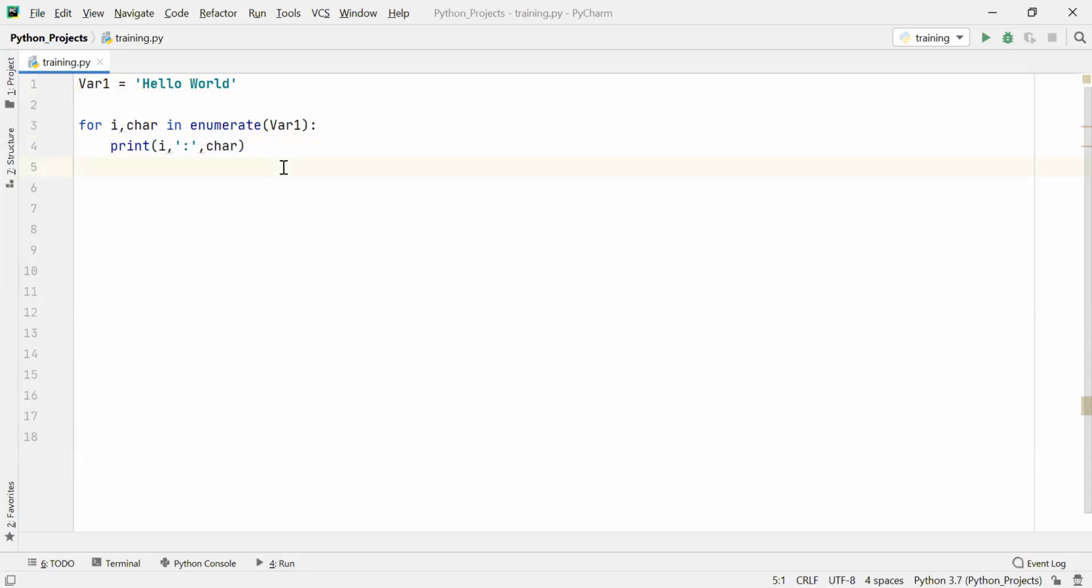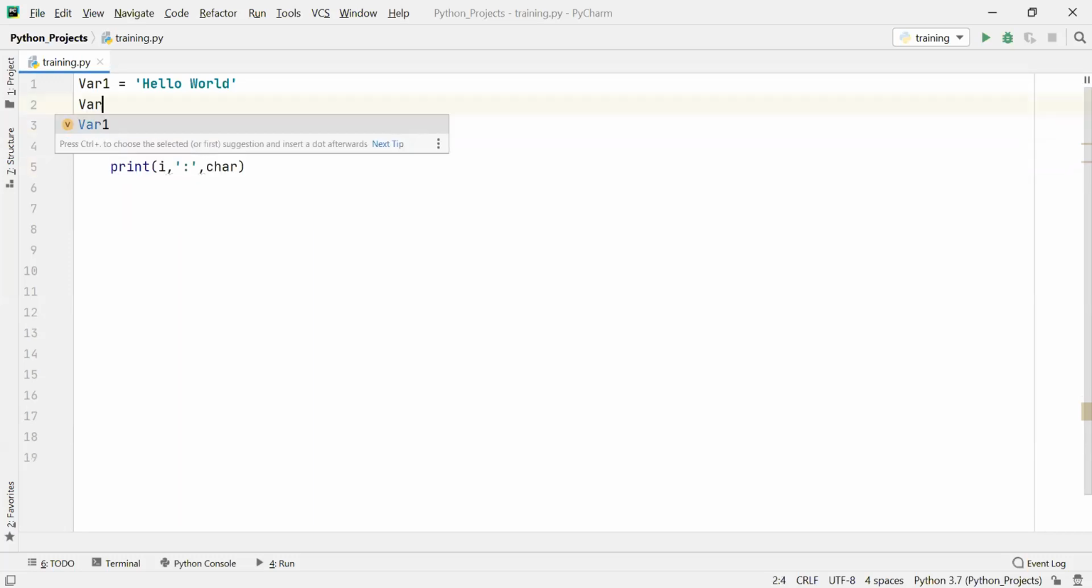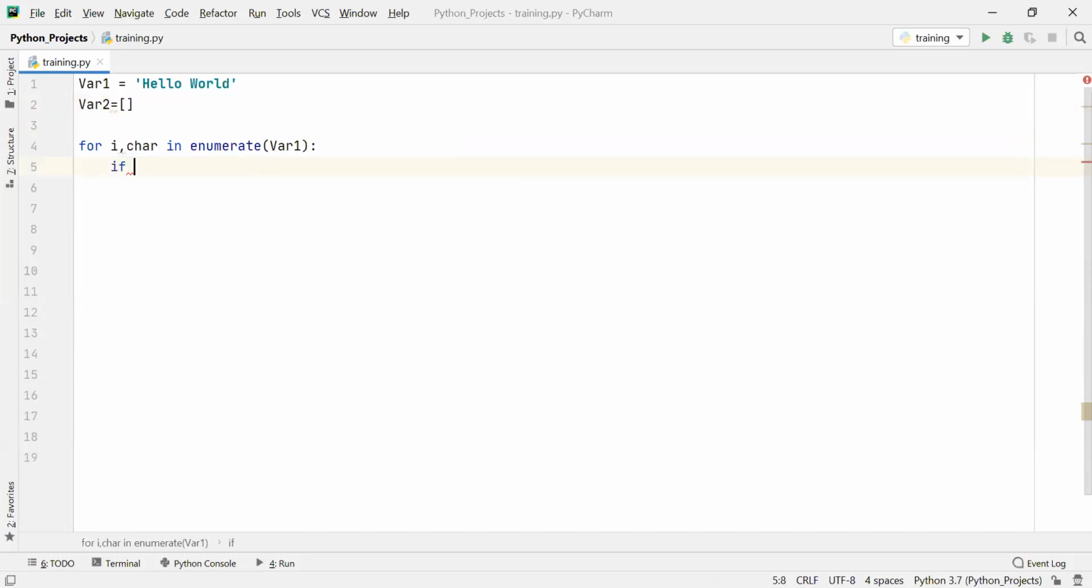Now let's say there is a requirement where I want to find only those elements whose index is divisible by 2. So this is my requirement. How can I achieve this? Let me write an empty list here with var2. Now, for i % 2, so this is my requirement, and then